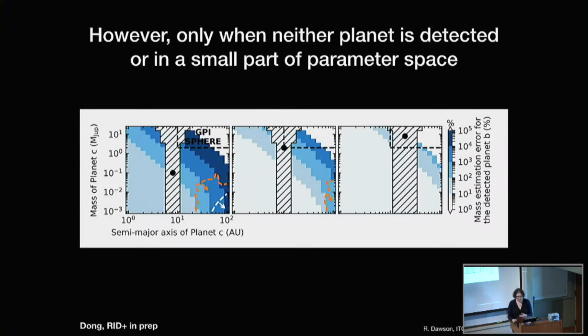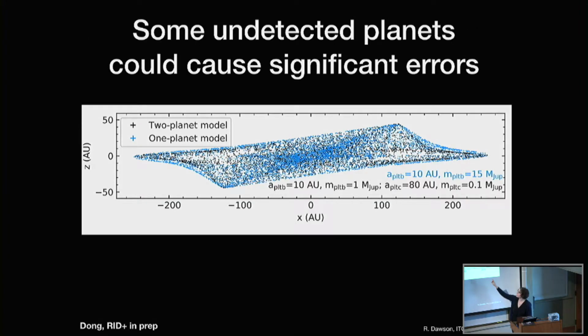So now there's 3 different panels. I'm going to start actually with the one on your right. So this is mass of planet C versus semi-major axis. And the dot is the real properties of planet B. And then again, the blue means that we got it wrong. So there's only just this special strip that actually corresponds to their secular frequencies being similar at the location of the warp, where we'd be very wrong about planet B's mass. And that's like this sort of pathological case that I showed.